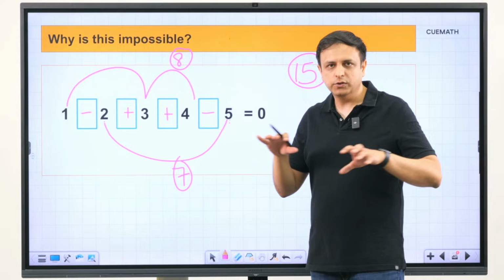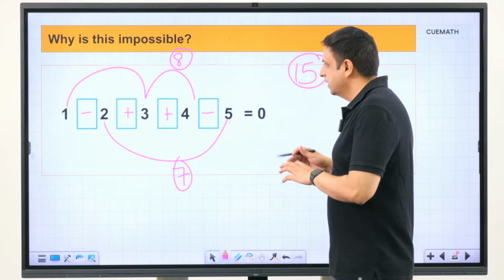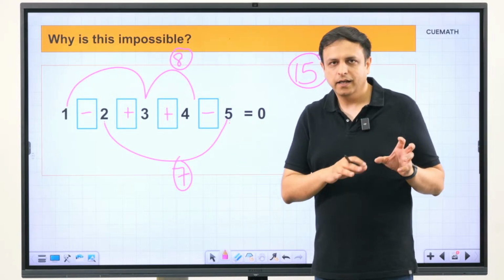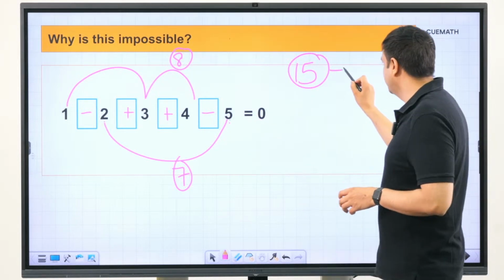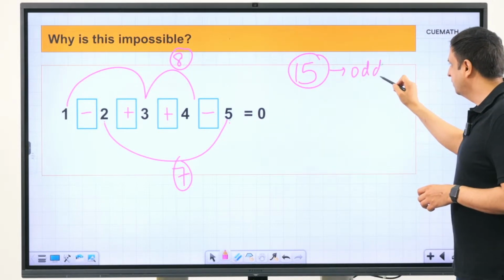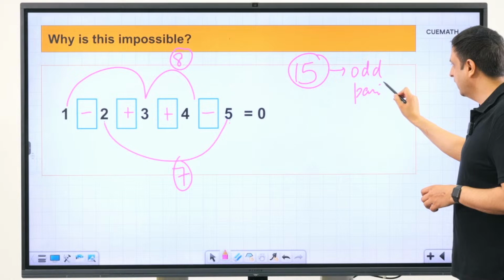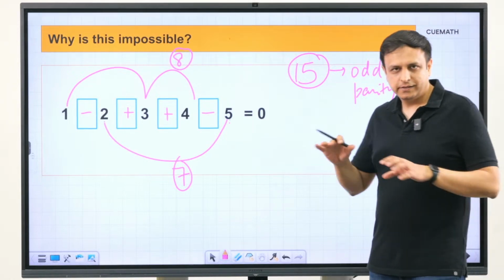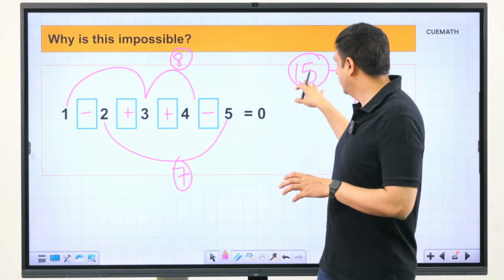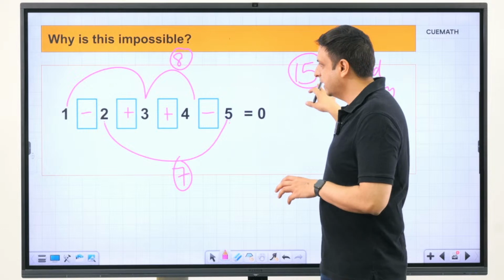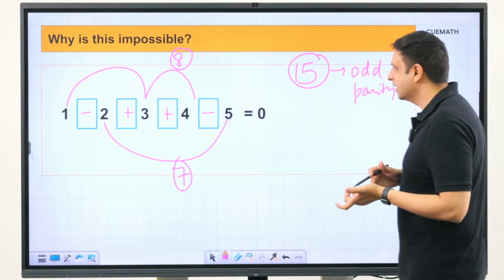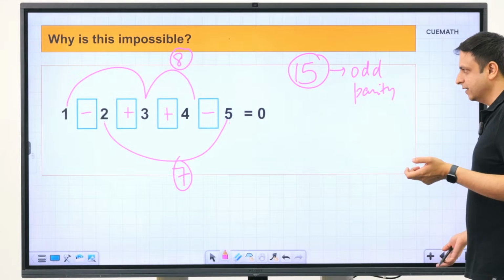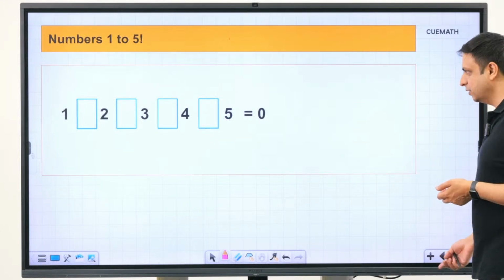So there is no way to separate the numbers such that the numbers being added and the numbers being subtracted add up to the same amount. Why? Because 15 is of odd parity. So there is no way to separate the 5 numbers that add up to 15 in a way that their sums are equal. And that's really the key idea here, and I think Satvik and some others of you got this one.